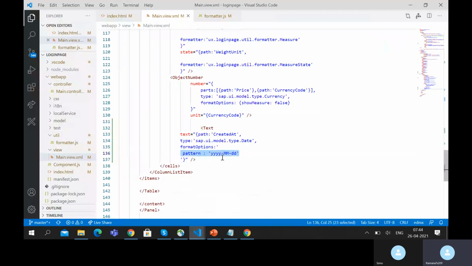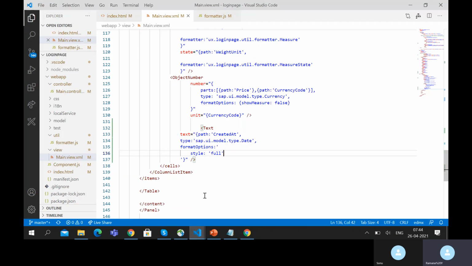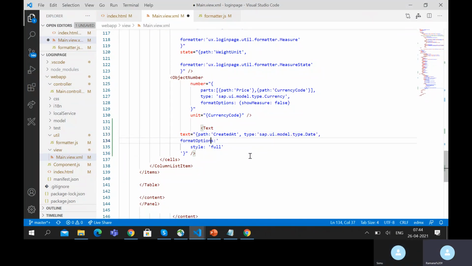Pattern is also supported in the UI date, but I think the keyword we are using here is different. It's not documented clearly enough. It's an expected typo, I think. Yeah, I think there is some typo. One additional comma below that full, I think. Let me write it in a single line. So we have type, then